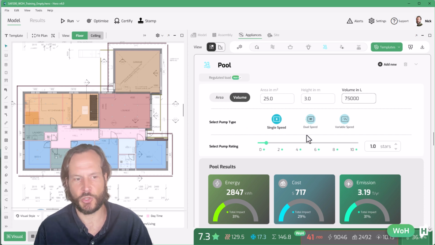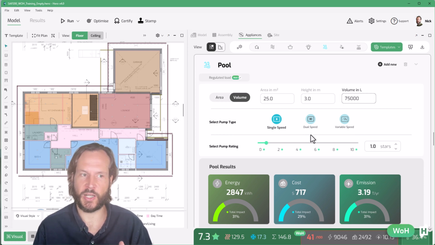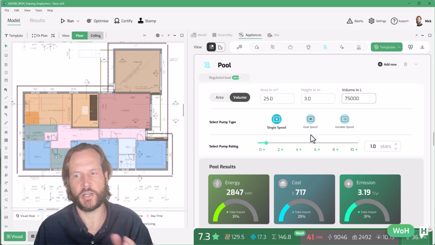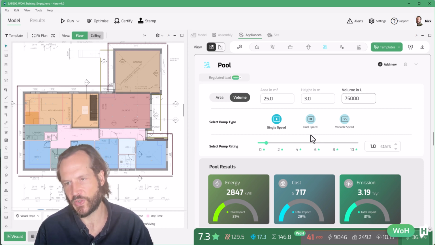year. And then we have dual speed pumps, which are quite rare, and more commonly now variable speed or multi-speed pumps. A multi-speed pump is typically one where you have a variety of speed settings like low, medium, high that the occupant can select, whereas a true variable speed pump is something that controls this a bit more automatically. In NatHERS Whole of Home though, the multi-speed pumps and variable speed pumps are considered the same, so we lump